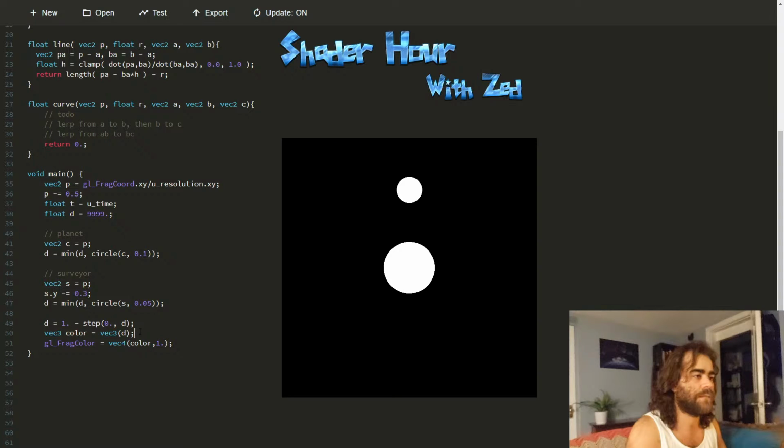Right, so our second dot represents our orbiting surveyor. Should I want to make it a different color? I want to start throwing colors into this. No, you know what? We're going to save color for later because color gets complicated. I might not get to color tonight. Black and white might be where I stick to it. But let's see here. So I want to make this guy orbit around the planet. And